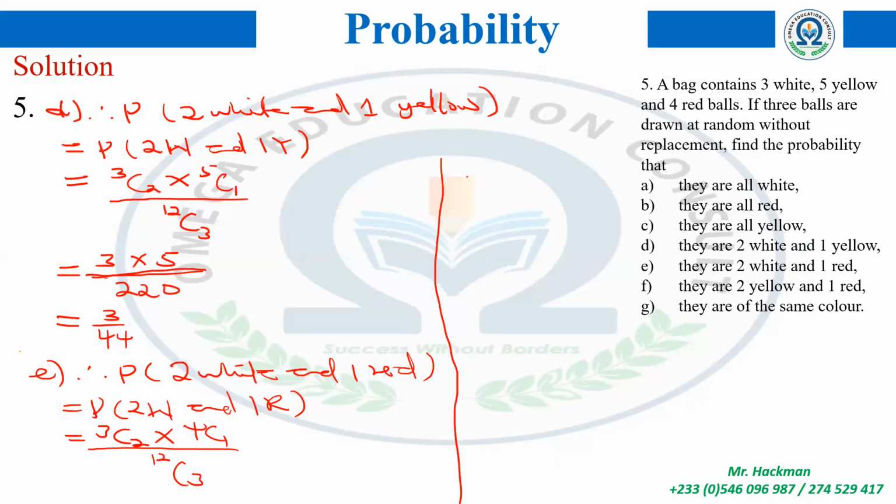So help me proceed. 3 combination 2, we know will still give us what? The 3. Then times 4 combination 1 will give us 4, all over 12 combination 3, which is 220. So this simplifies into